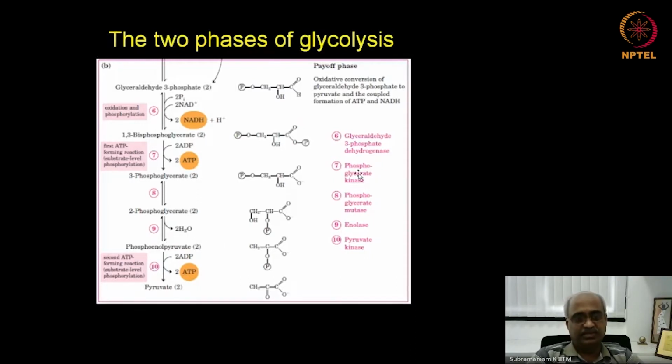And the respective enzymes are shown here again. So here, if you see, there are 2 steps again that are irreversible, step 7 as well as step 10. So this is why pyruvate is not automatically going to become glucose. For example, if you take alanine, an amino acid, and remove the amino group from it, it will become pyruvate. And that pyruvate, if you are trying to make glucose from alanine,